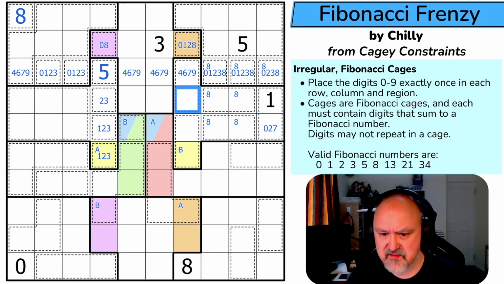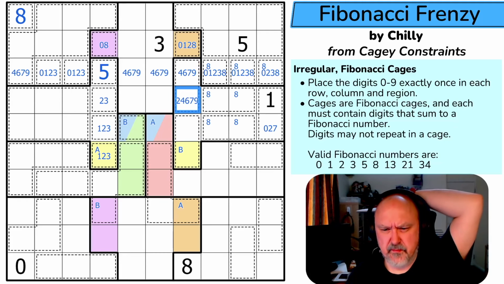If this is 9, this is 4. If it's 4, if it's 9. If it's 6, it's 2 or 7. And if it's 7, it can't be 1, it's 6. So what do these cages sum to? They sum to...